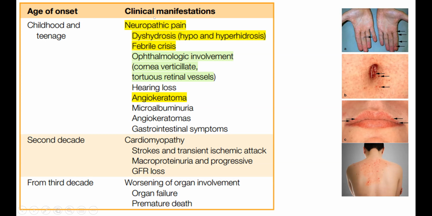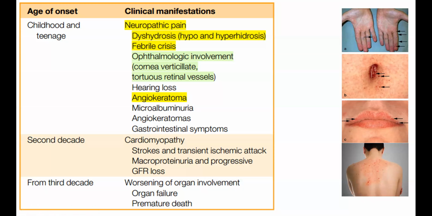The clinical manifestations are several. There are some manifestations which begin during childhood, teenage. There are some manifestations which start appearing in the second decade. And by the third decade, there is evidence of organ dysfunction. So in the childhood or teenage, the classic symptoms are a neuropathic pain associated with dyshydrosis, which can be hypo